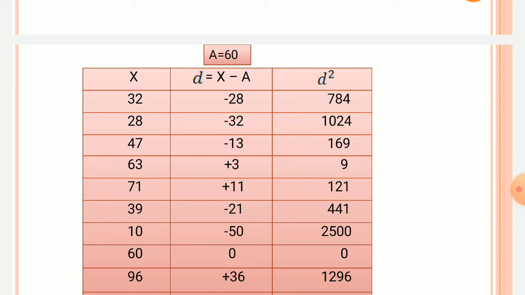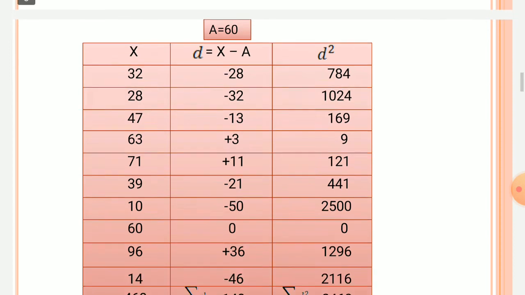Now make it as a square. D should be made d square. Minus 28 whole square means 784, minus 32 whole square 1024, minus 13 whole square 169, plus 3 whole square 9, plus 11 whole square 121, minus 21 whole square 441, minus 50 whole square 2500, 0 square 0, 36 whole square